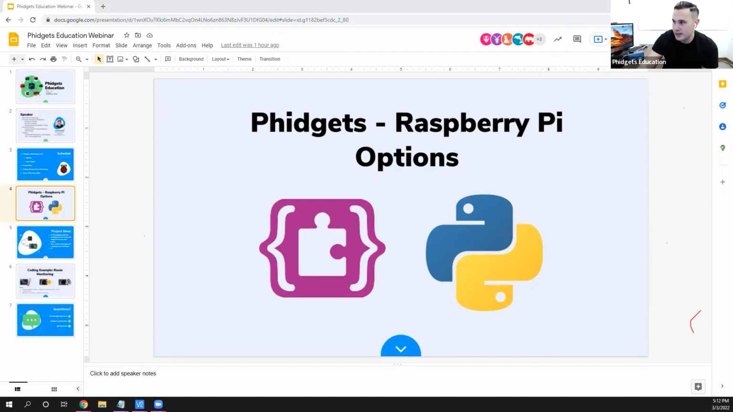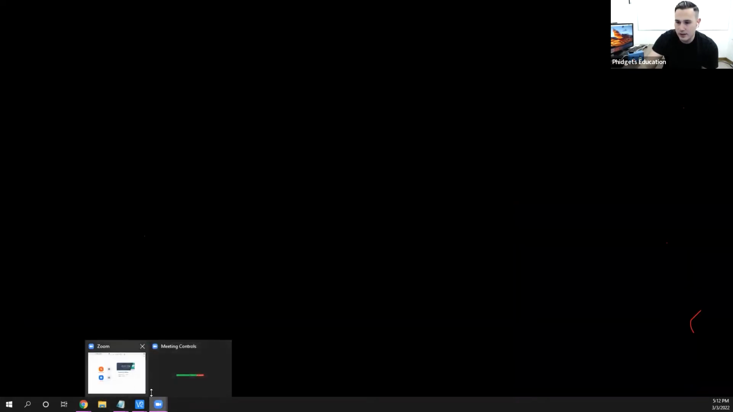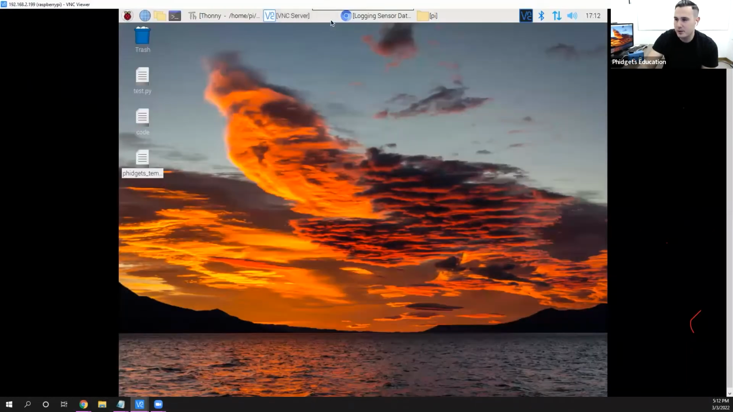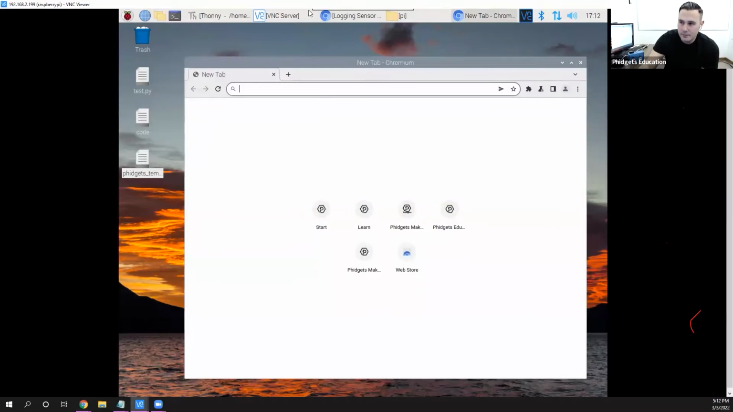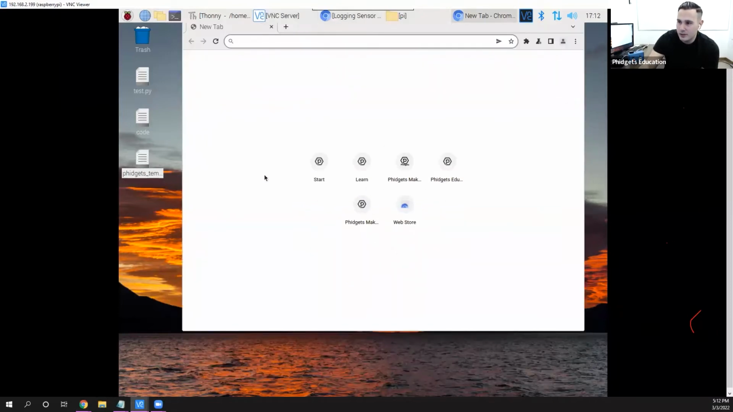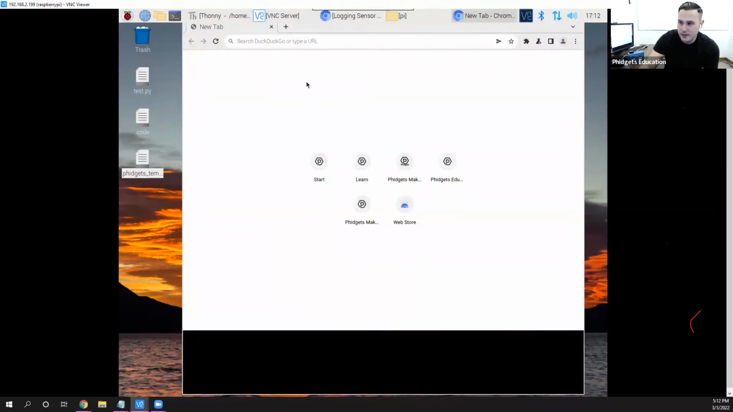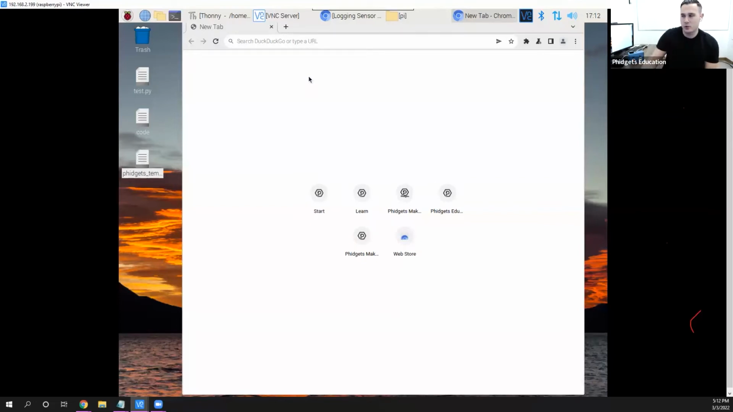So for the first option, I'll bring up my Raspberry Pi here. Now we're on my Raspberry Pi screen, just to keep everybody up to date. This is a good option if maybe you have some Raspberry Pis laying around. Maybe you're in the middle school age range, so you don't necessarily want to get them going with Python directly, but you have some Pis laying around and you just want them to start exploring. The first thing that you'll always do with Phidgets, with the Getting Started Kit, is go to